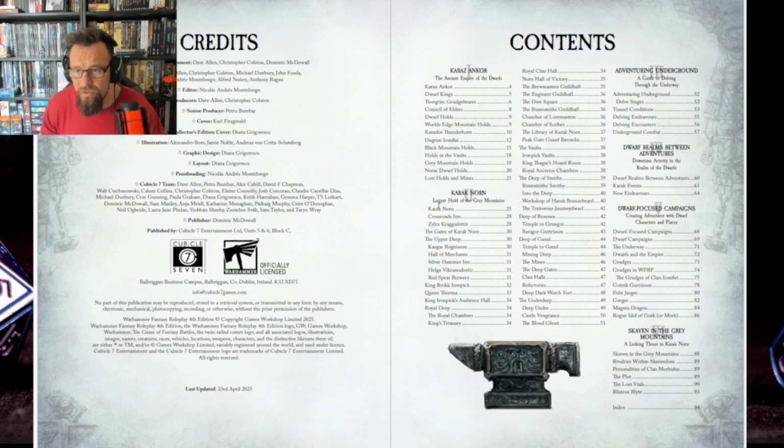But then getting into chapter 3, adventuring underground, a detailed guide to delving through the underworld. That's travelling between individual places, and some new rules for combat. Then the rest of the book is adventure ideas and campaign ideas, which covers about the last 35 pages of the book. So there's a lot in here, lots of plot build up, lots of ideas for starting adventures and places to put adventures, and then it's a few new rules, and then a lot of adventure,